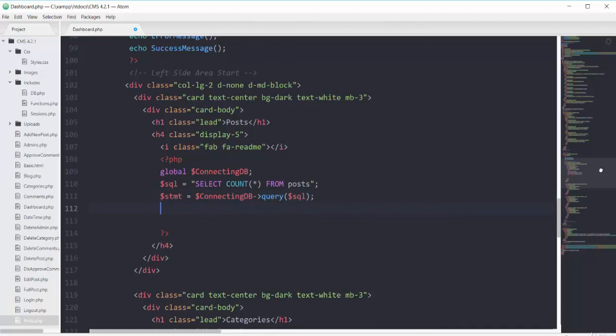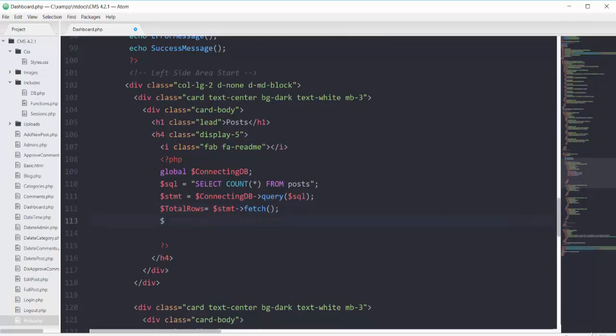Then on the next line, we will have our variable of total rows and that will use our stmt object and call the PDO method of fetch. Now I will not use the while loop, instead I will use another method. But before that, if I just echo this total rows here,